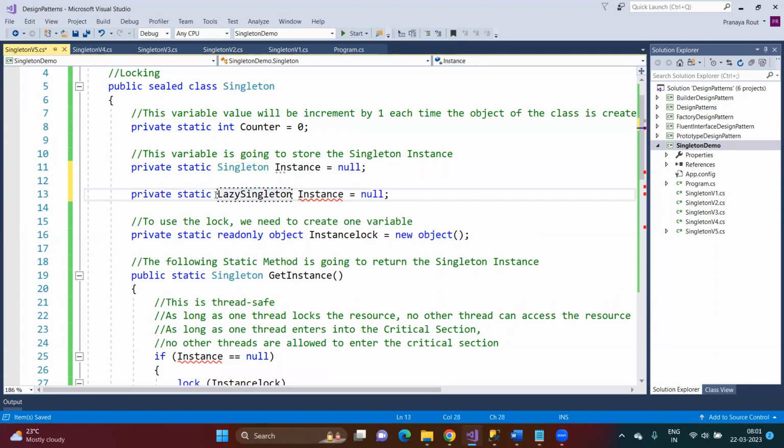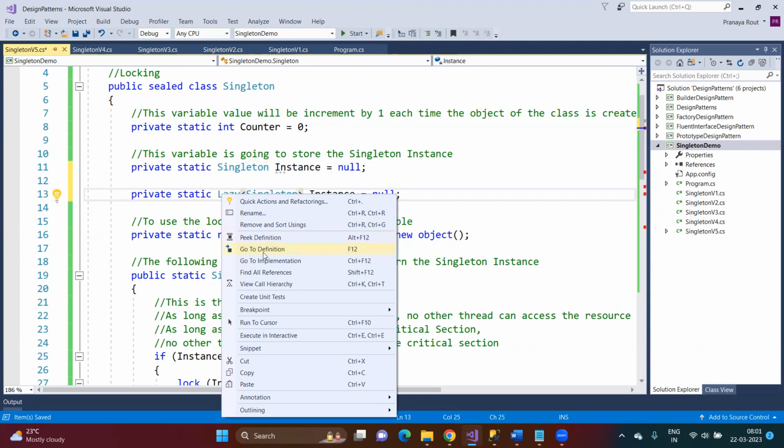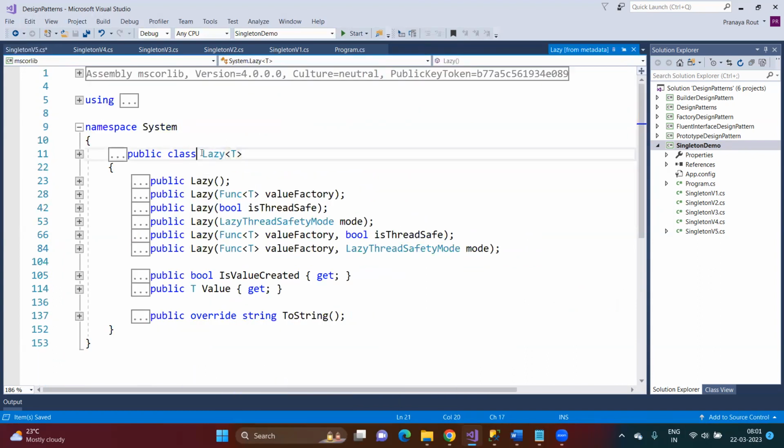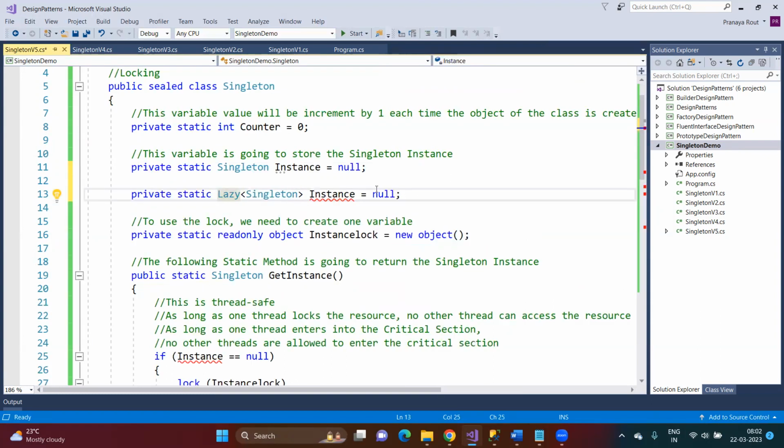You need to use the Lazy keyword, the Lazy generic type. If you go to the definition, you will see that it's a generic class, introduced in .NET Framework. Which version is it showing? 4.0.0.0, right? From .NET Framework 4.0, this Lazy class is introduced. So Lazy instance,